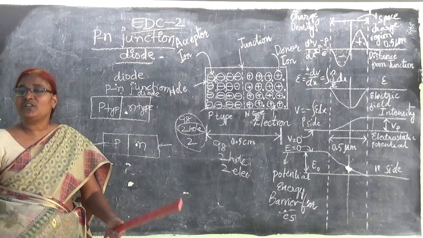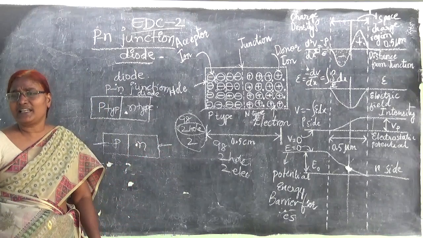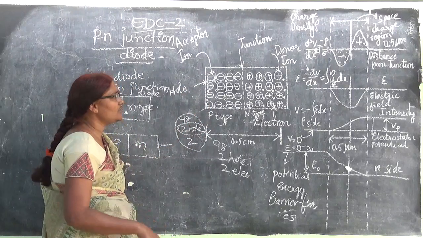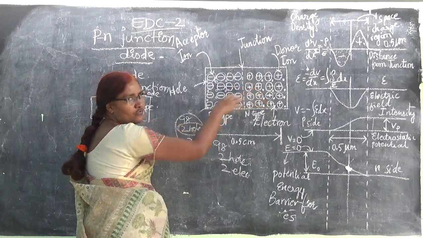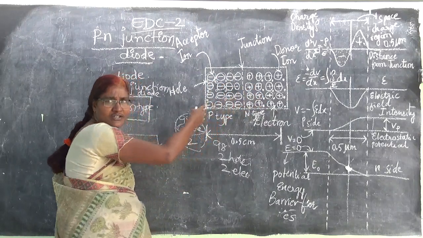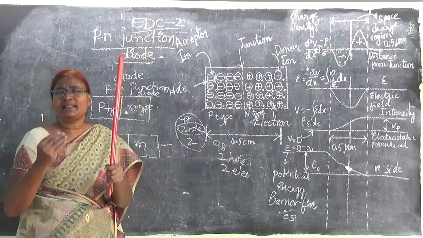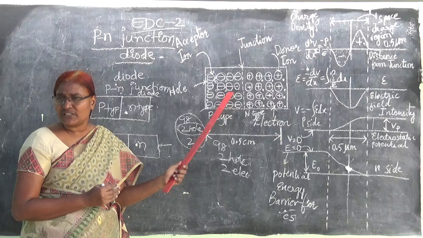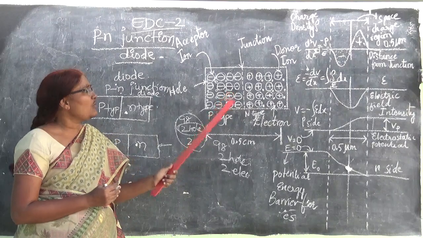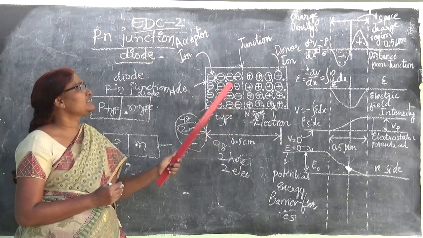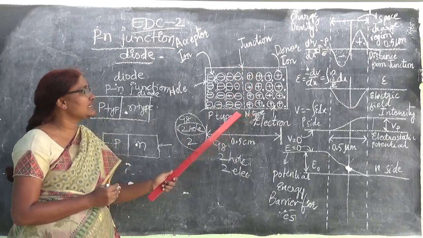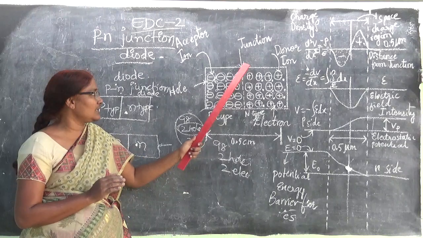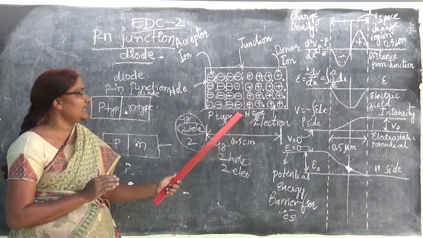This happens without any external energy, without connecting any battery. So naturally, because of this phenomenon, holes will move. In the same way, electrons will move. So there is a passage of charge across the junction. Some recombination also occurs at this point. Due to the passage of the charge carriers across the junction, recombination also will be taking place.